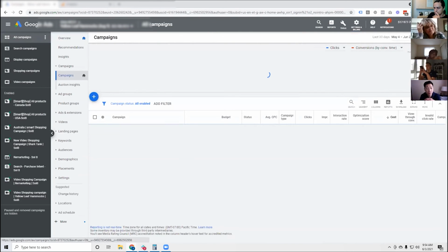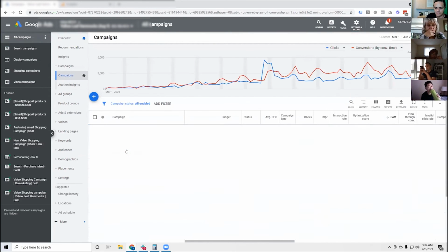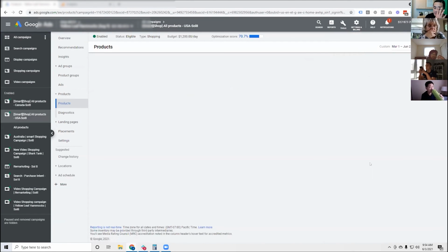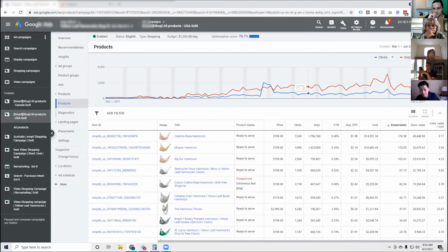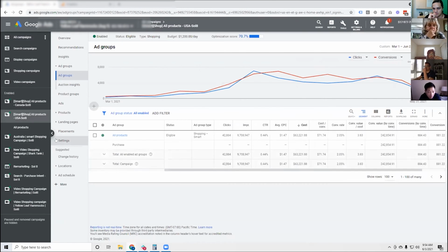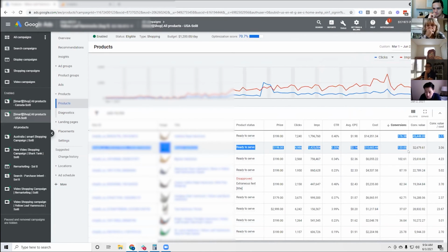If I look back to March here, and if I look at our smart shopping campaign, looking at the products, and I'm sorting by the conversions. Imagine right here, this is $24,000 on these 2 products, out of a total of 63,000. So essentially, 1/3 of my spend of $63,000 has been spent on 2 products, and those 2 products sold, what is that,